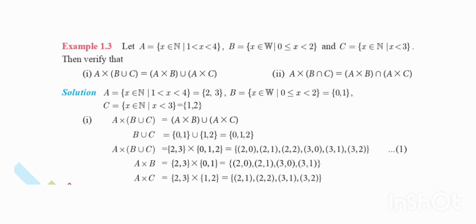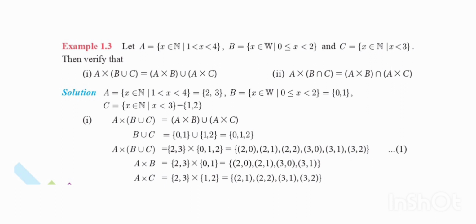First we write the sets, and then B union C is obtained. B union C means we are going to make the union of the set {0, 1} and {1, 2}. So B union C is now {0, 1, 2}. Then after finding B union C, we make the Cartesian product with A. So the Cartesian product of A and B union C is given as